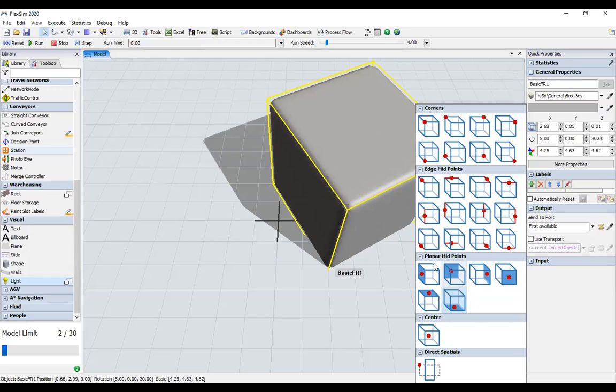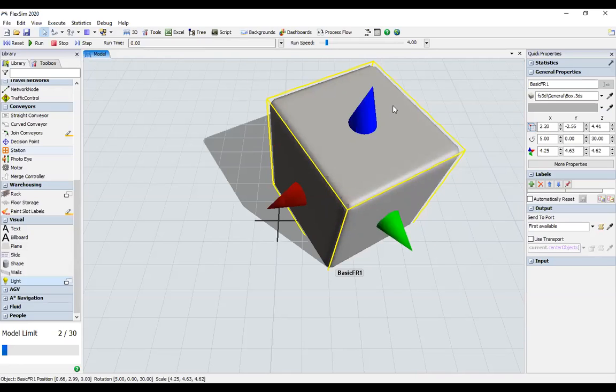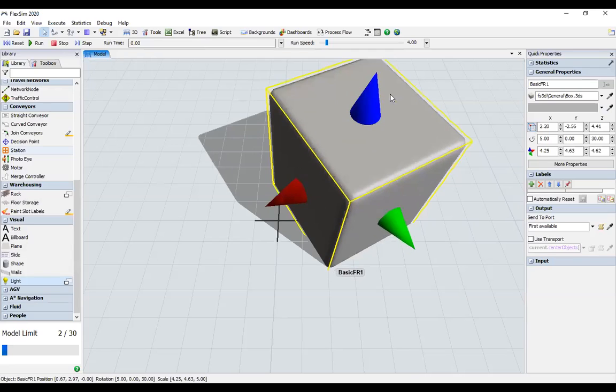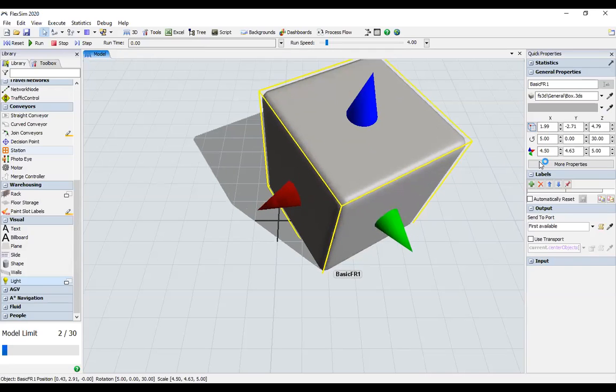Suppose I select the corners, where you can apply the values with respect to your x, y and z. You can give the value over here and change it directly, and whatever changes you are making, the same will be viewed over here in your properties.